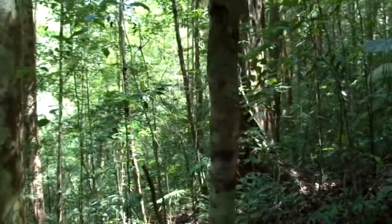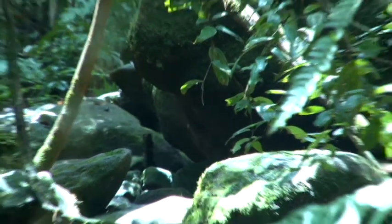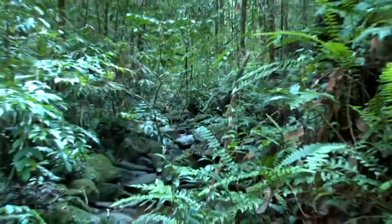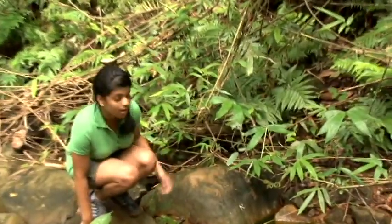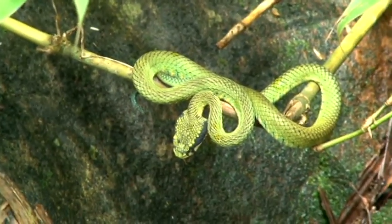In the wet zone, a lot of moisture is accumulated like its name suggests. The ample amounts of rain create streams and ponds which support an enormous range of plant and animal species. So if you look closely, you can spot a green pit viper, and it's the first time that I'm actually seeing one alive. This pit viper has been staying still for a long time near the stream to most likely